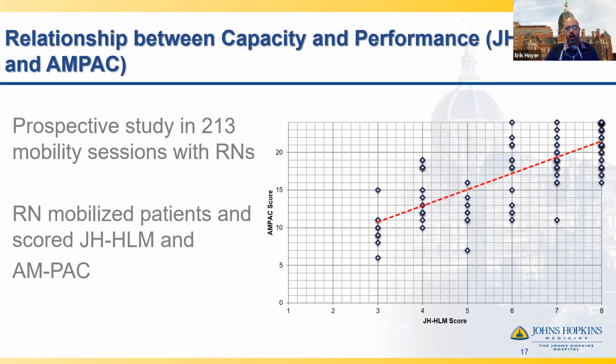So just to orient you to the graph, the x-axis is the HLM score that was scored by the nurse, and on the y-axis is the AMPAC score. And you can see this relationship that as AMPAC scores are higher, or their capability is better, their HLM scores also go up. And that correlation coefficient was 0.65. So again, they're not measuring the exact same thing, but there is definitely a relationship, and the p-value for this correlation coefficient was